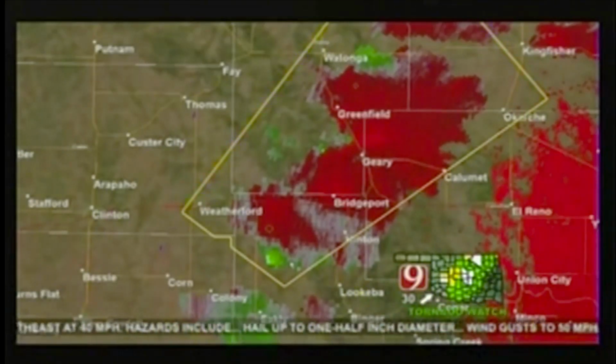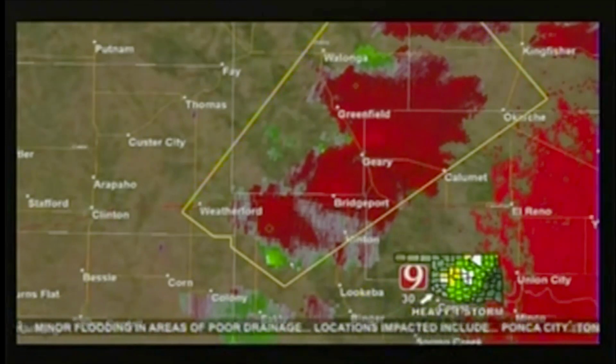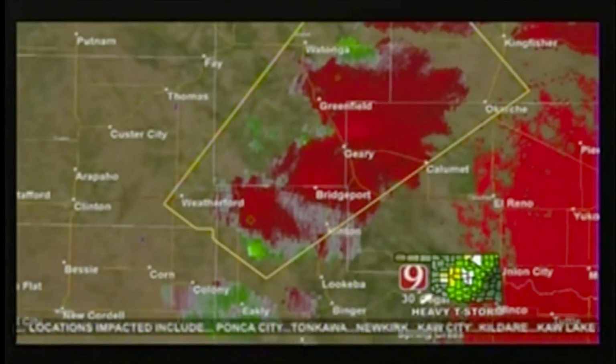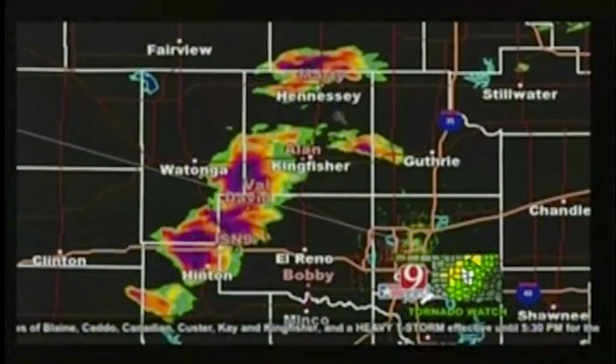It's continuing to increase, so Bridgeport, Geary, I-40, through west of El Reno, that area. And so Hinton, Bridgeport, Geary, Calumet, just be alert. The storms are intensifying at the moment. That is the strongest, but they all have circulations. Quick check on Moar, and you can see the north storm where Marty is